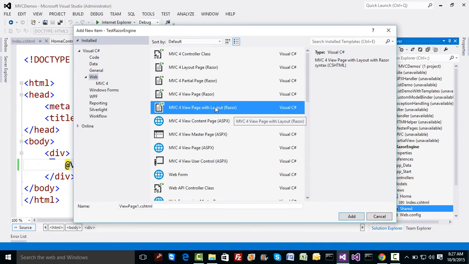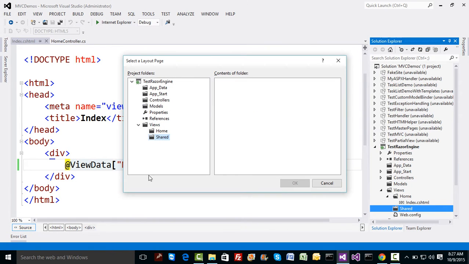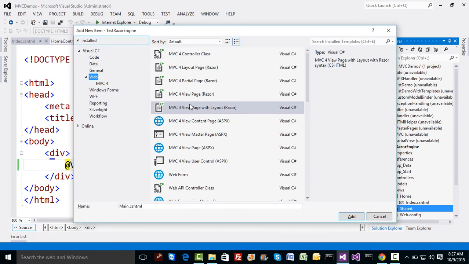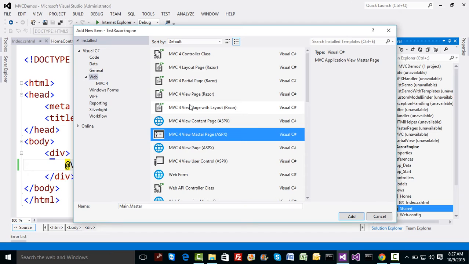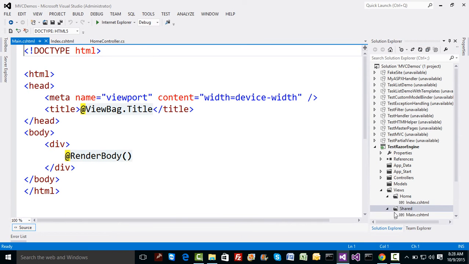A master page in Razor is actually named a layout. So it's a Razor layout. I'm going to add it. Let's name the page Main Master, just like we used earlier in the previous example. And I guess we made a mistake. It's not a view page, it's a master page, which is the master layout page. This is the one, and we'll again have the name Main. Point to note here, whether it's a normal page or a master page, the extension remains the same. It's right now CSHTML that will get added.